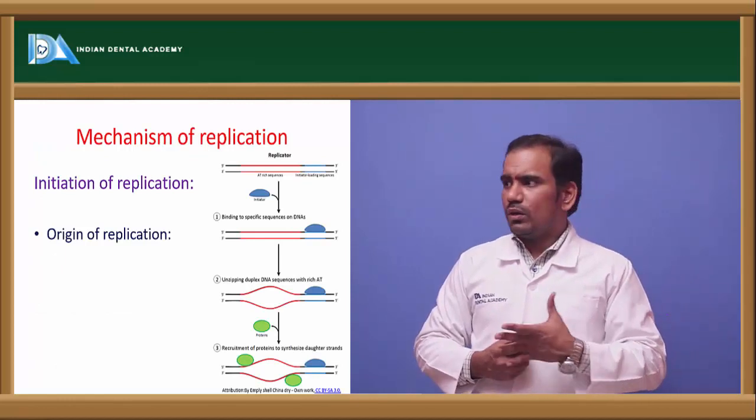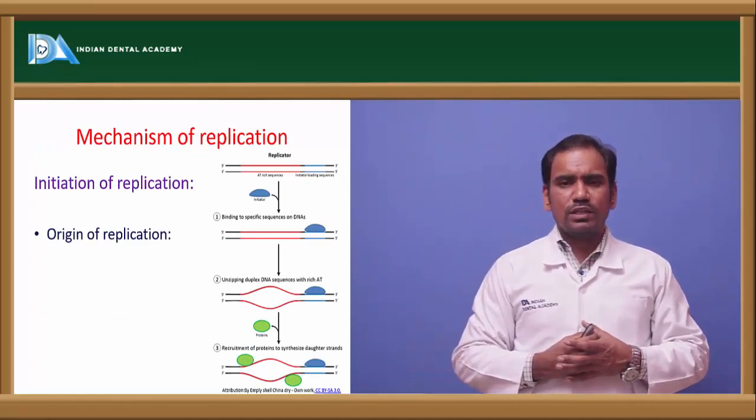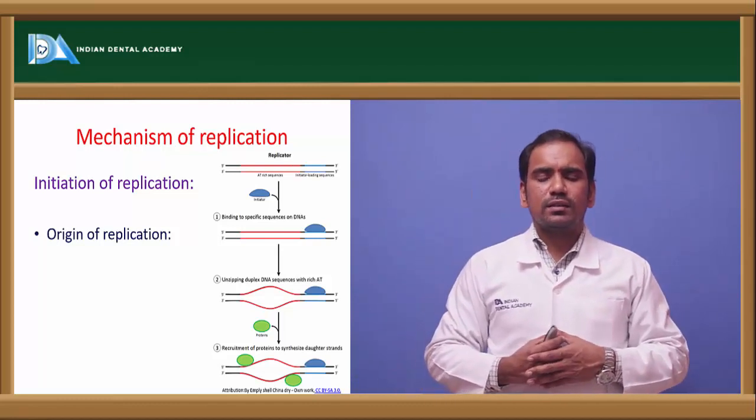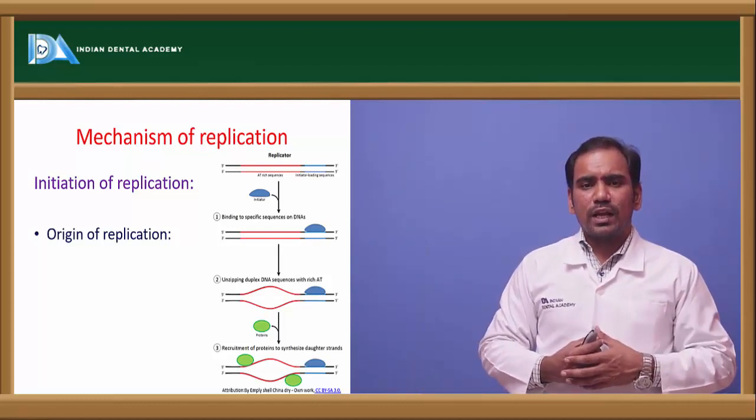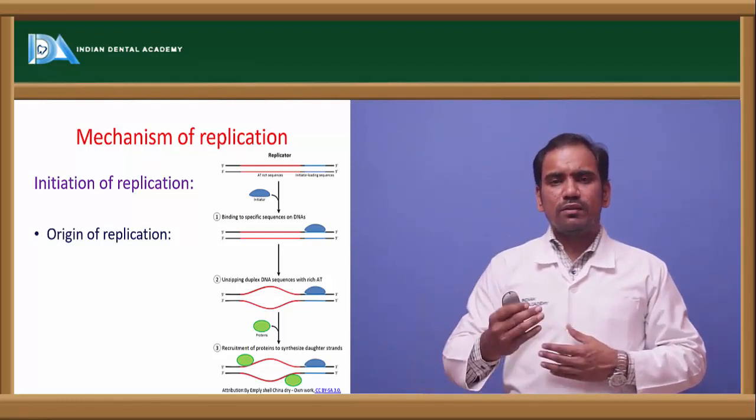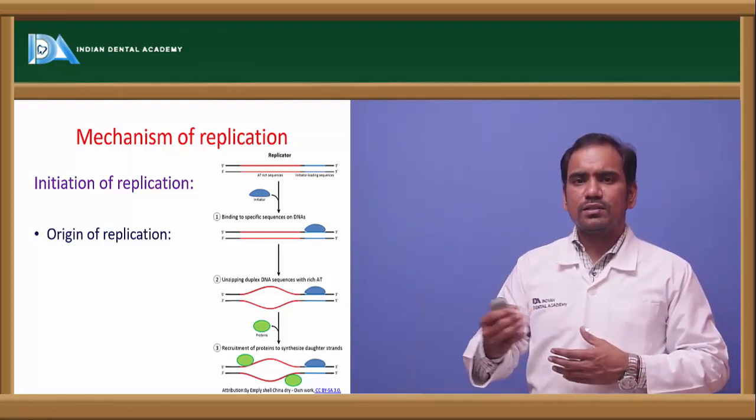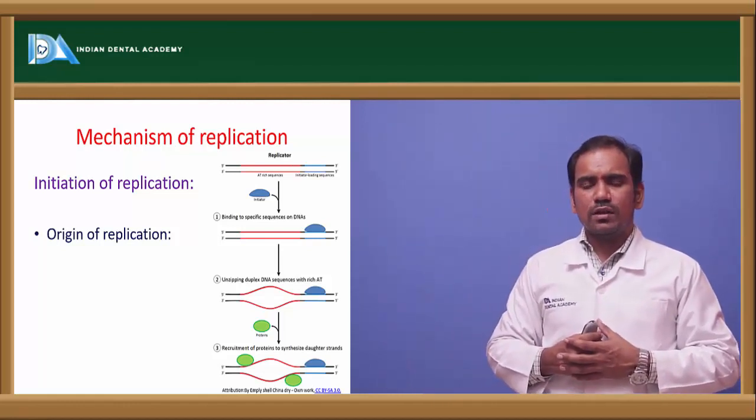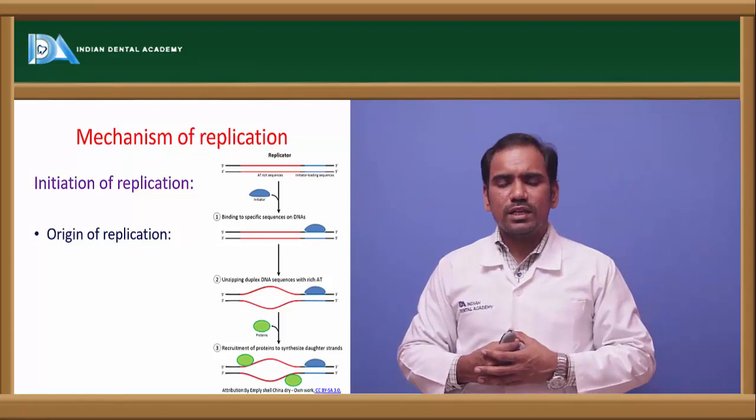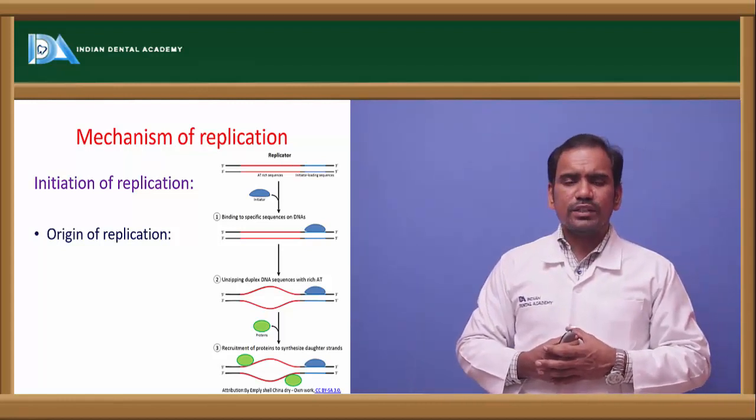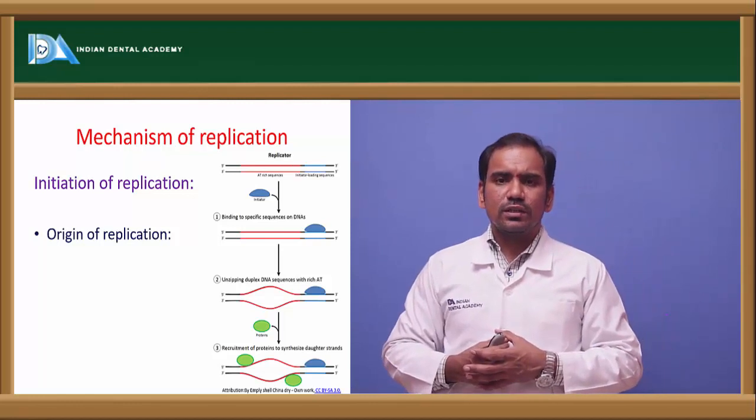And coming to the mechanism of replication. This can be discussed under three headings: initiation, elongation, and termination. These are the three phases of replication. First, we'll discuss initiation. What happens in initiation? In case of initiation of replication, first,